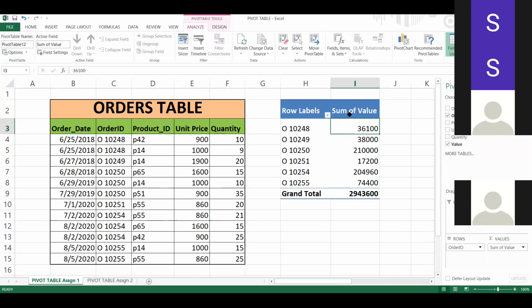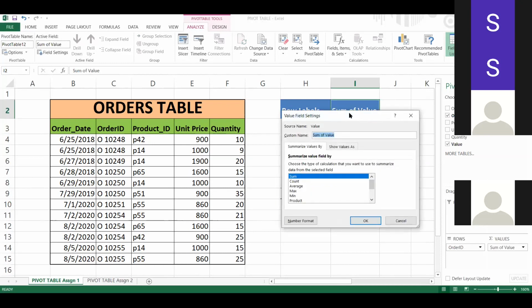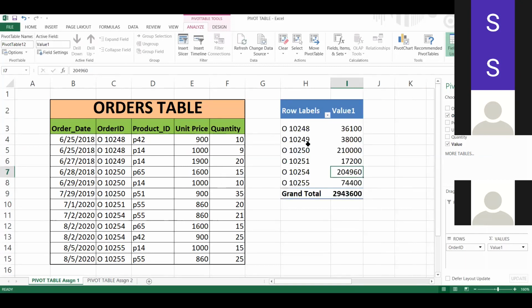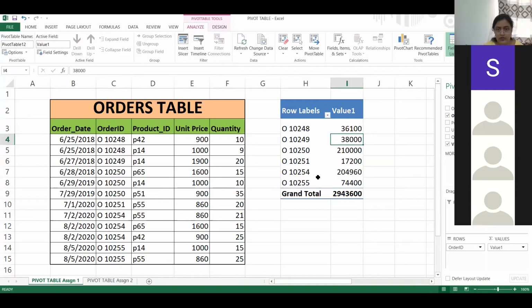Again, how to change the name or label? It says it already exists, so give some other name to it. So this is how I can add a new field which is not present. We will be doing the assignment, so there would be a revision. So let us go to the next part.